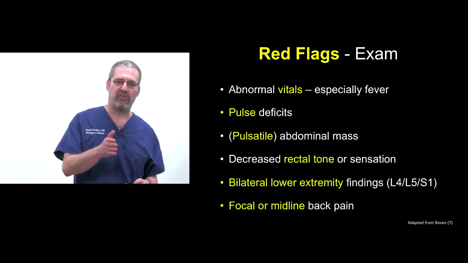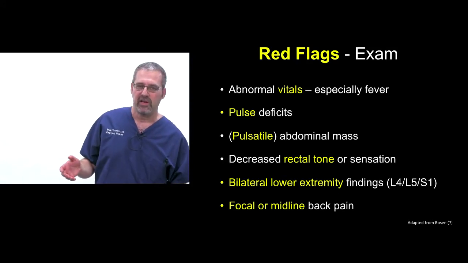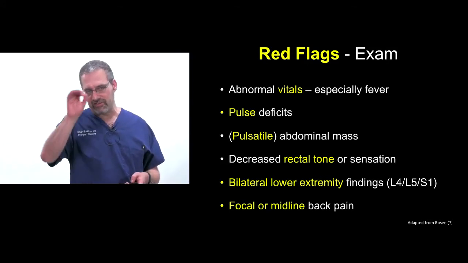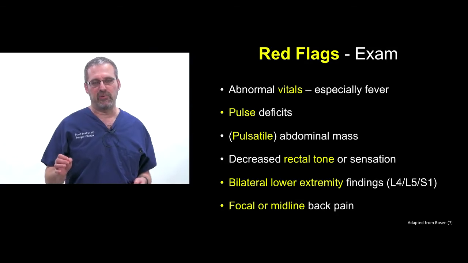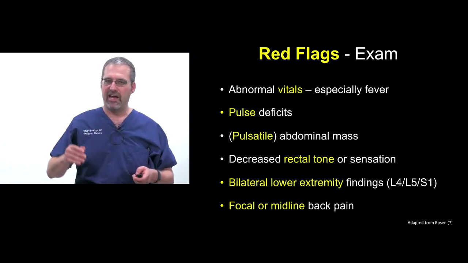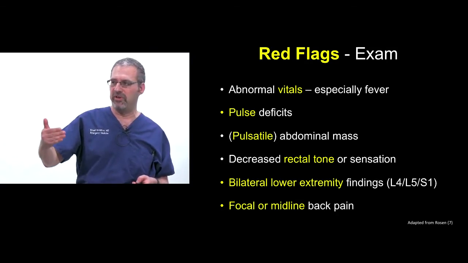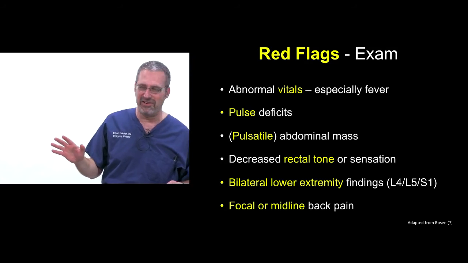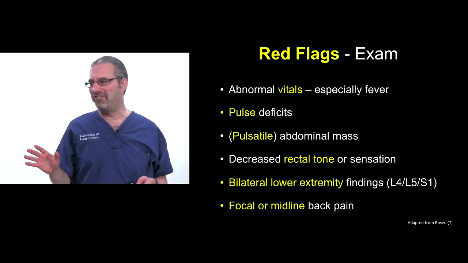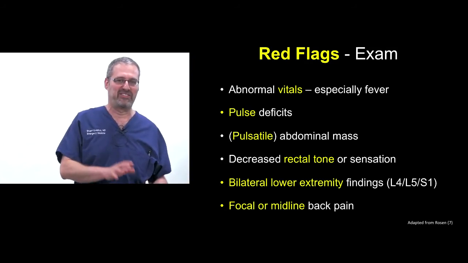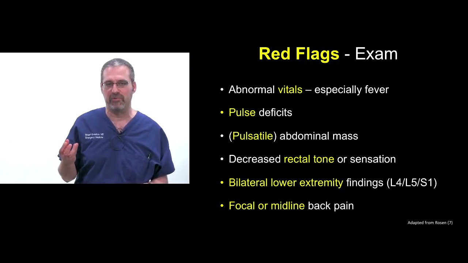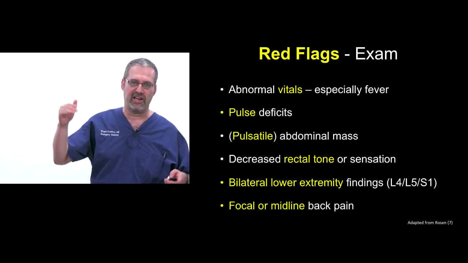I mentioned here L4, L5, S1 specifically because in your exam for lower back pain, in addition to all these red flags that you're going to want to have documented, you really need to draw a little stick figure and show that the L4, L5, S1 strength and reflexes are symmetrical. And that you don't have findings there. It's sensory examination, to be completely honest, if you look at what the neurosurgeons do, takes a secondary role. Motor examination and the bowel and bladder are the critical first steps.